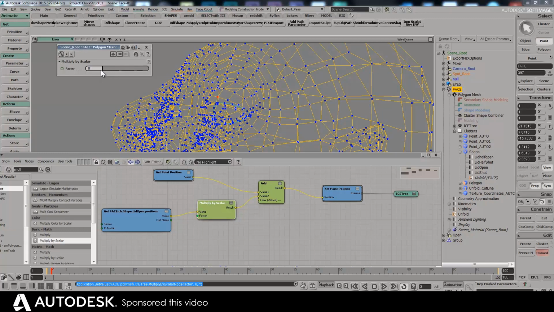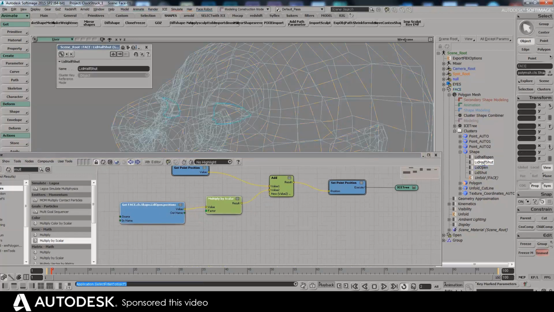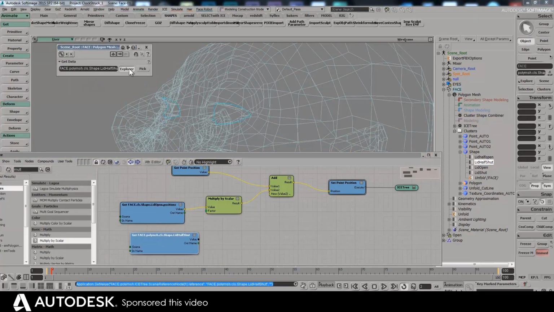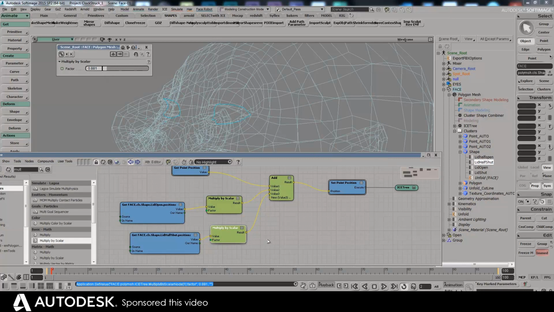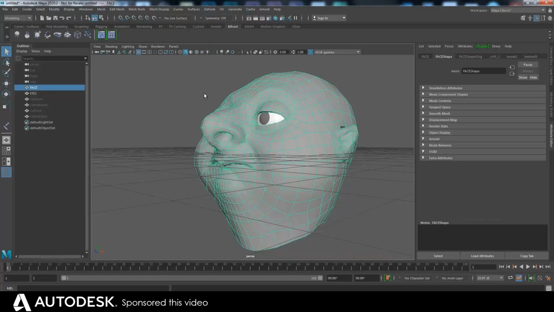So that's a Blendshape mixer, and I can add as many of these as I want. So I could put the lid half shut one, and I could mix a bit of that one and a bit of this one together, if I wanted to. And so to do that, let's go over to Bifrost,